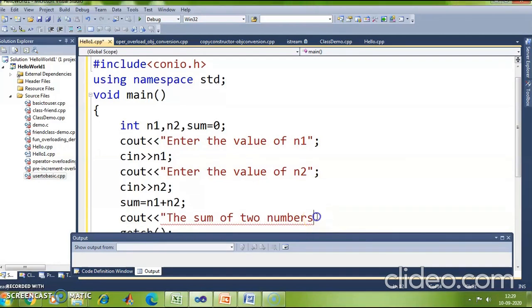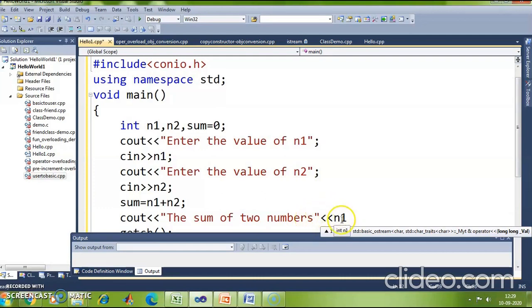I will close the double quotes, put another insertion operator and mention the variable whose value has to be printed. So, I want to print the value of variable n1. So, I say n1. Between the string and the variable, I need a space. So, I will mention a space in between.